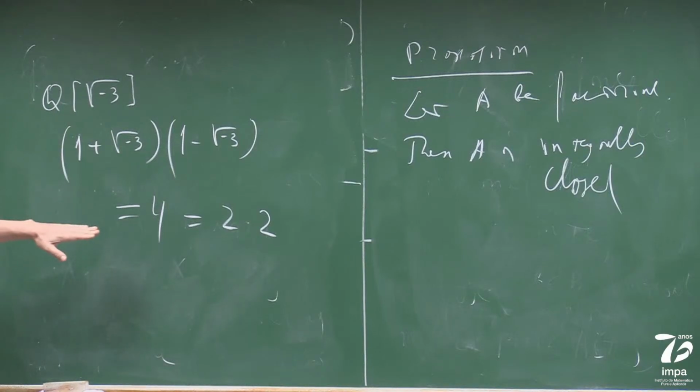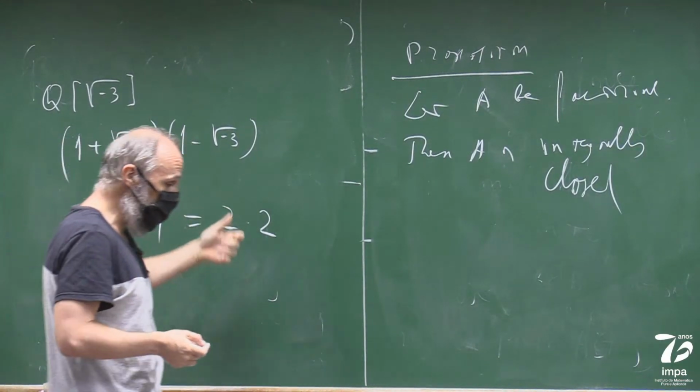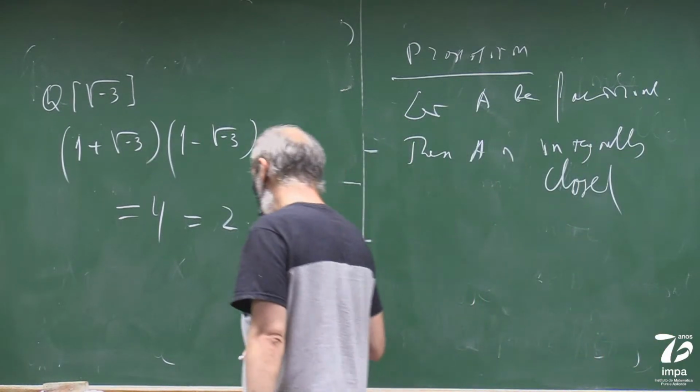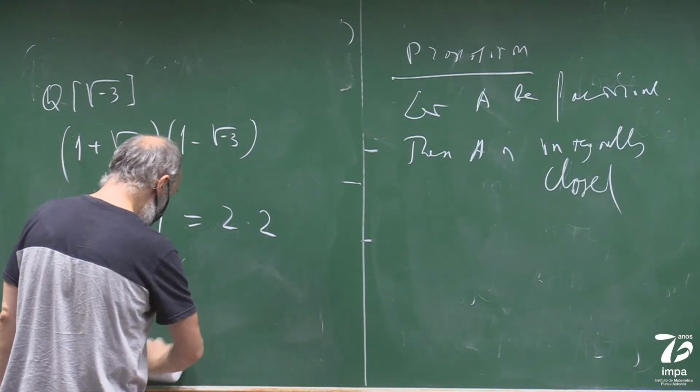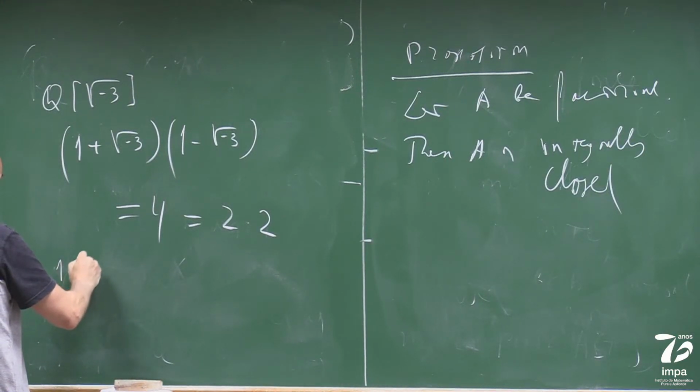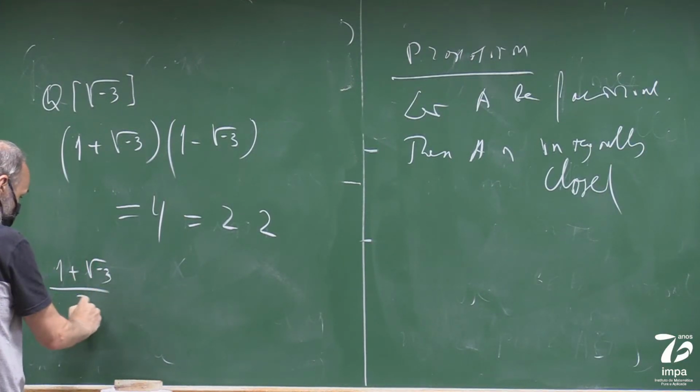These are two prime decompositions of 4, which are clearly non-equivalent in this ring. The point is that it is not, in fact, integrally closed. So if you add 1 plus square root of -3 divided by 2,